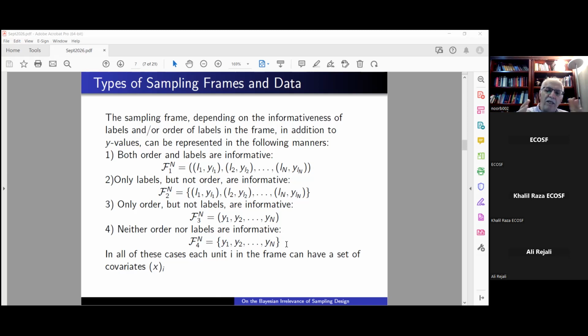By set, I mean they keep even the values that are distinct, keep the distinct values for different units. So this is not in the traditional sense of a set where you delete extra repeats. Anyway, this sampling frame, the way it is produced is very important, but usually in the classical Bayesian framework it is ignored. I have a set,